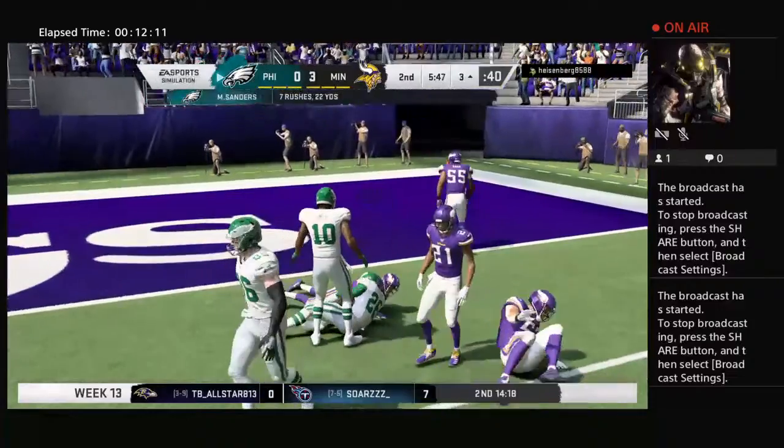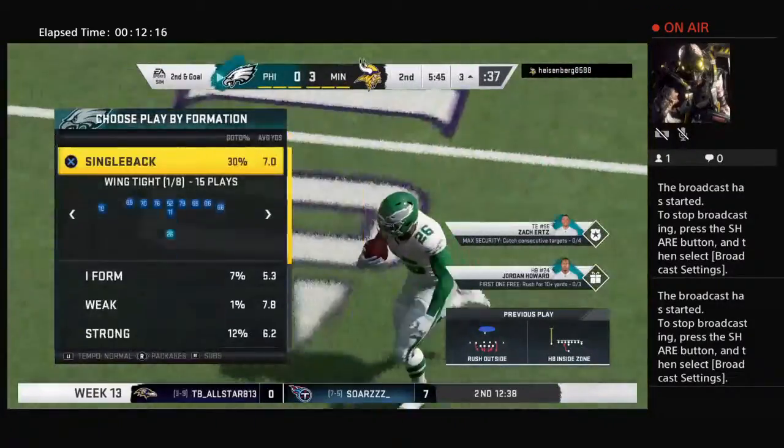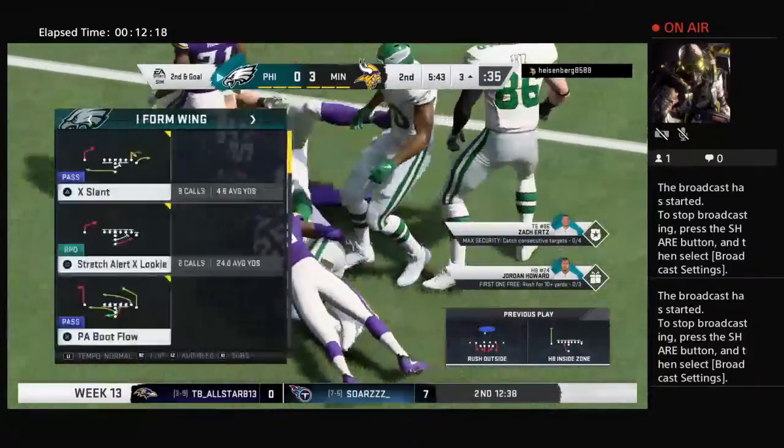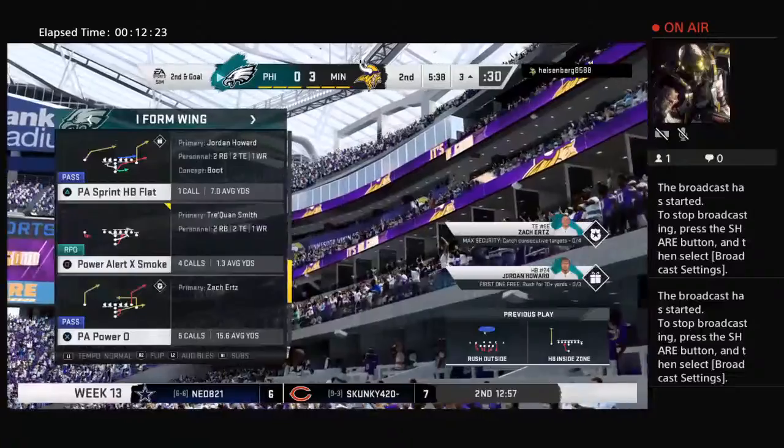And a little bit of space there. Takes it inside the 5 to the 3. A pickup of 4 on 1st down. It'll be 2nd and goal. When we talk about being on schedule, I think they're on schedule after that run, getting it right down there